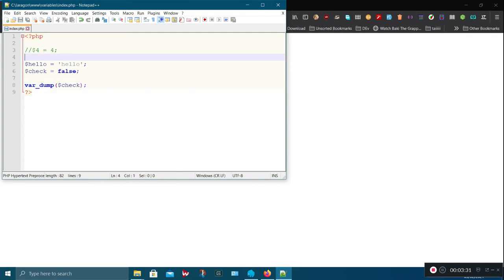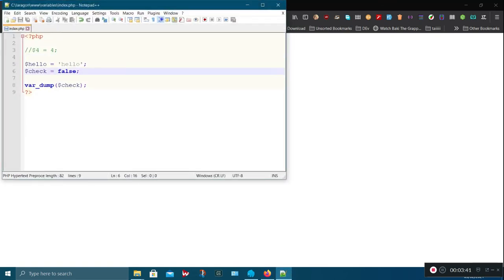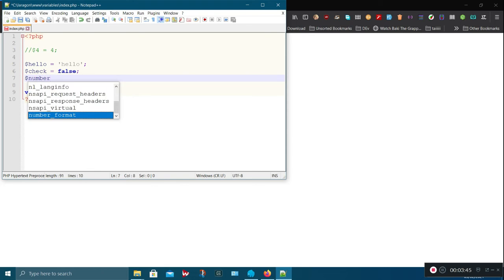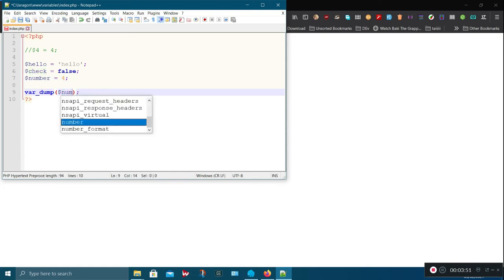If you don't save, the information will not be reflected when you reload. So you see here bool(false). We can also do this. Change this to no. Reload here and you get int of false.